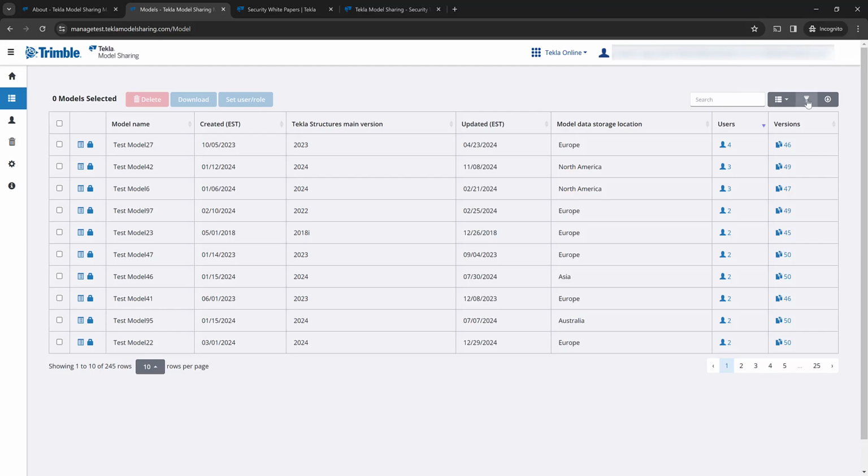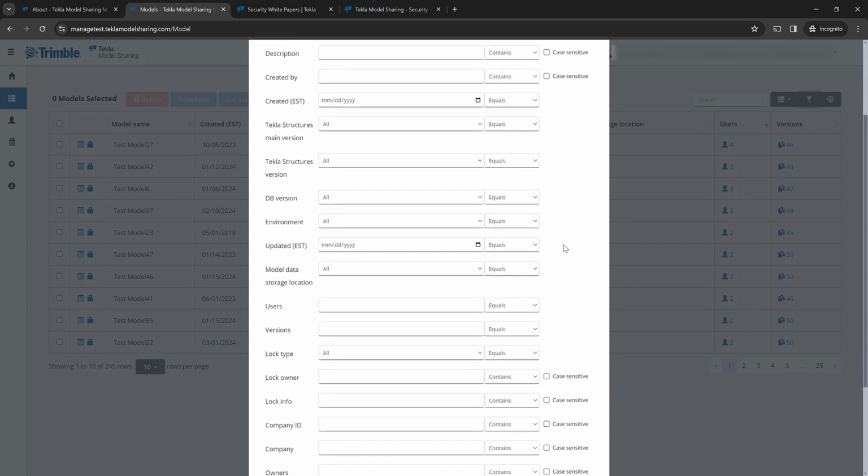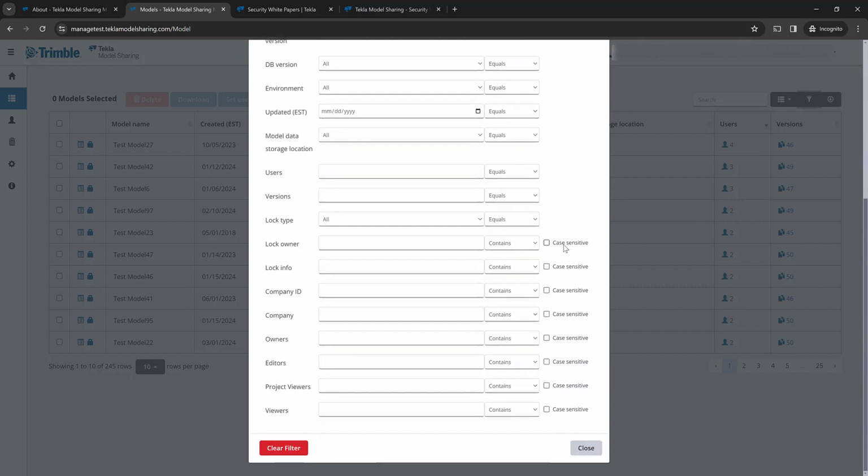So over here on the right hand side under advanced filtering, if I go ahead and click that, you can see all of the different options now that you can use to filter the list. So if you have tons of projects like you can see here, you can come in and type in names, email addresses, or whatever pertinent data into the filter, and this list will dynamically be filtered to match